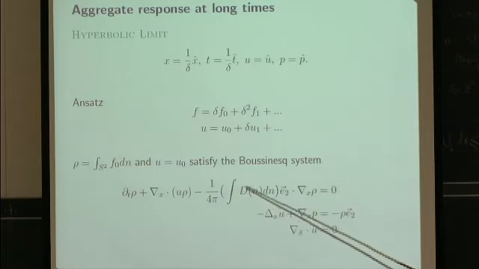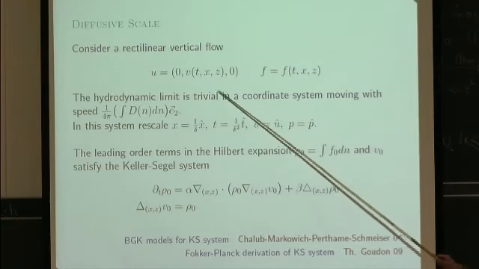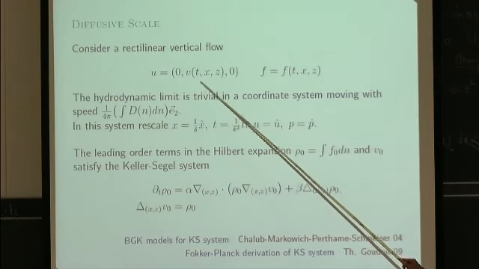Of course, in order to look at the diffusive limit, it has to be that the hyperbolic limit is trivial. And it happens that it's trivial if you consider a rectilinear vertical flow,